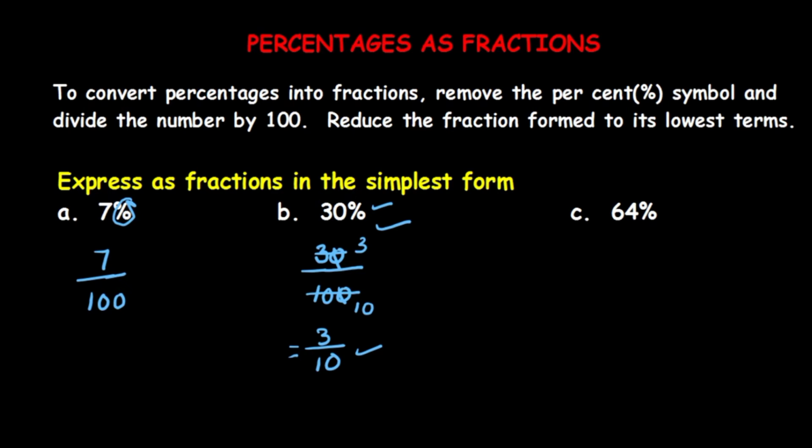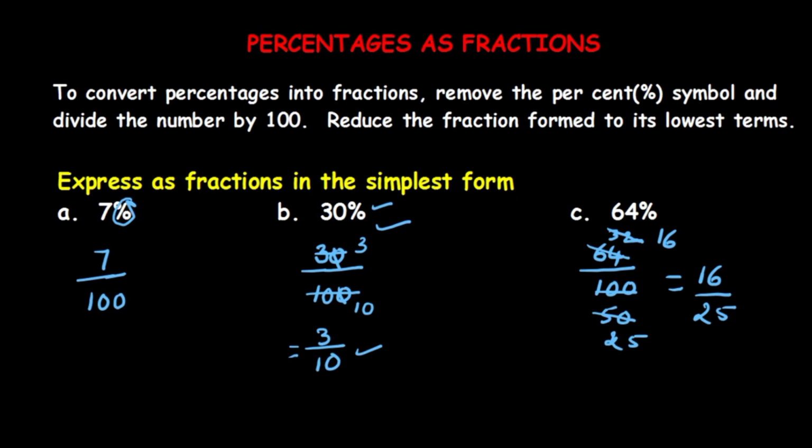And 64%, how to write this 64? So 64 divided by 100. Can we cancel this? Yes, by the 2 table. 2 threes are 6 and 2 twos are 4. Similarly, 2 fives are 10 and 0. So again, we can cancel by the 2 table. 2 sixteens and 2 twenty-fives will be cancelled. So finally we get 16 divided by 25. For example, if in your unit test you got 16 marks out of 25, that means you got 64%, right?